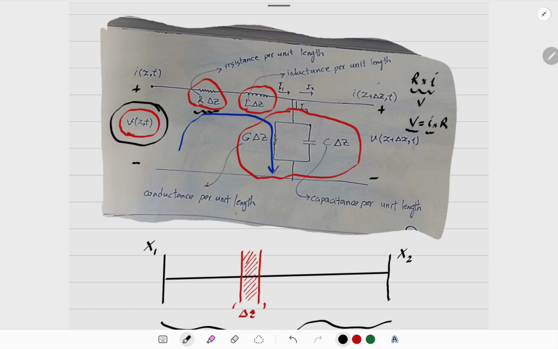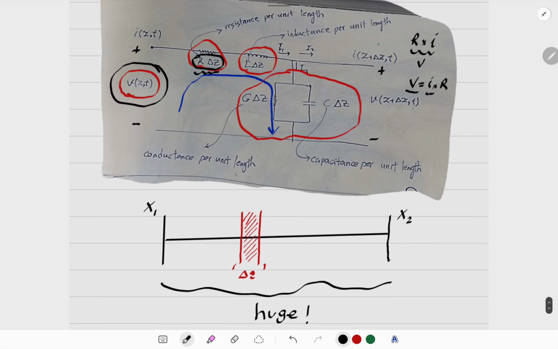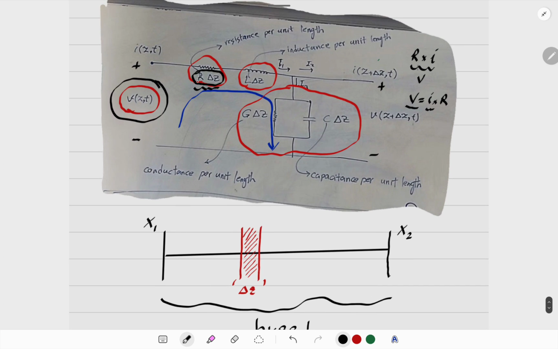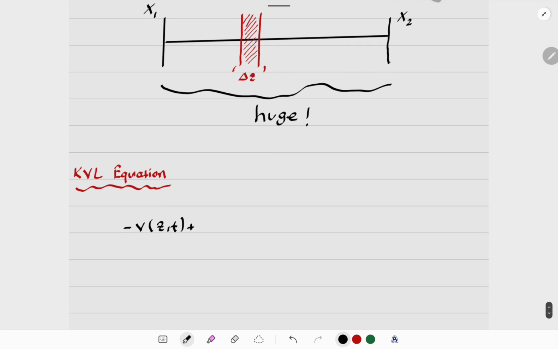The resistance is also shown by delta Z here. So I need R times delta Z times I(z,t) over here. Let's write it. R times delta Z times